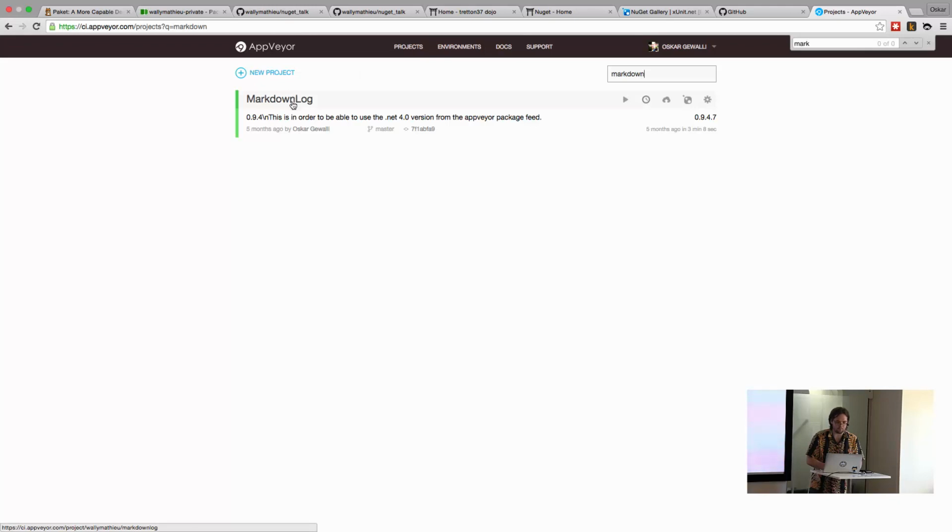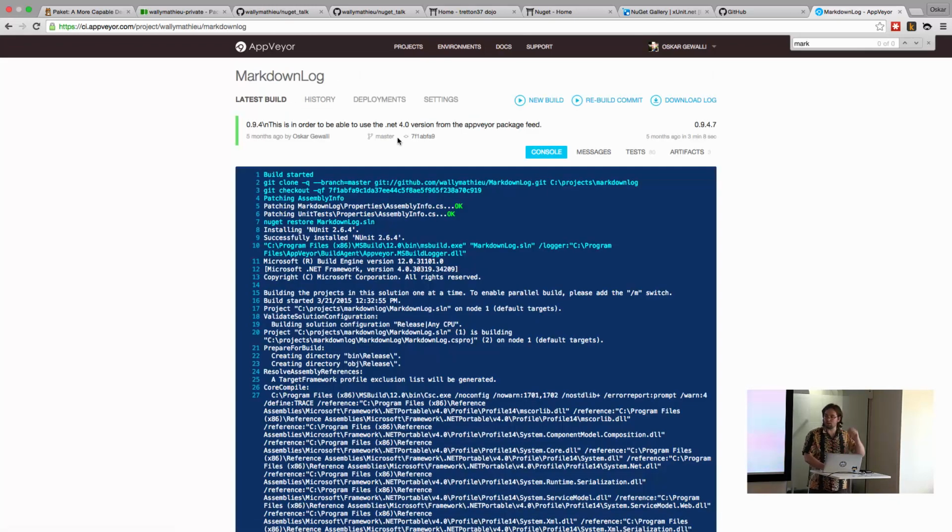There we have it. This package is running on AppVeyor, and this is just a fork of an existing package. But since the guy is not accepting the pull request and hasn't updated the NuGet package for a while, what I've done is that